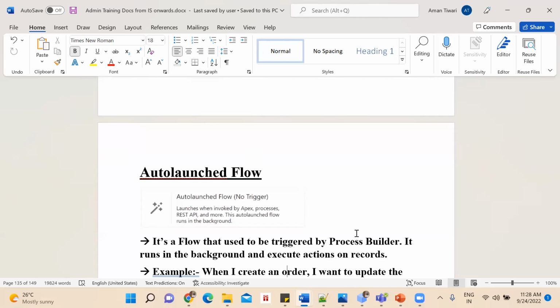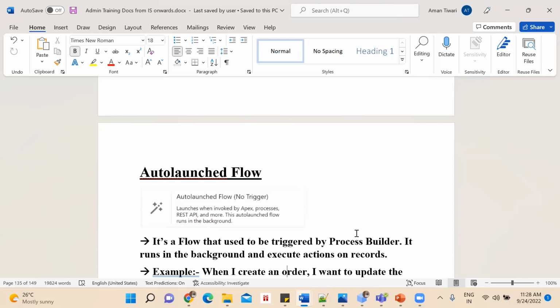You tell it that this particular flow should start triggering at this particular condition. But in auto launch flow, there is no such thing. You will create an auto launch flow and you can call it inside another flow or inside a process builder as and when needed.